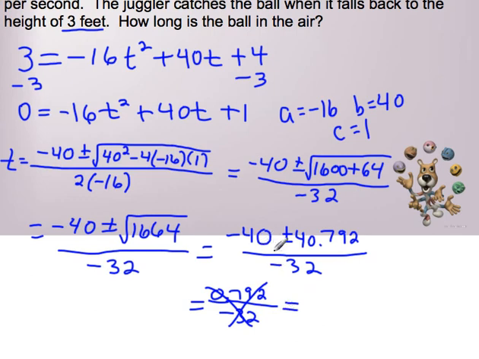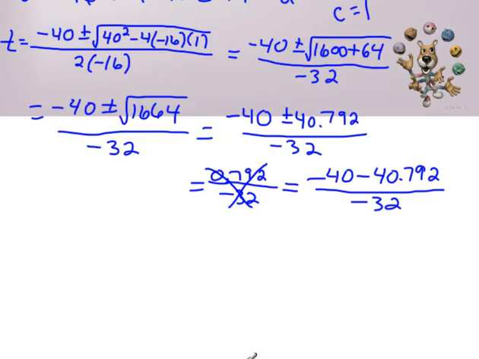Now, if I do the negative, it's going to be negative 40 minus 40.792 over negative 32. If I do that math, it's going to be negative 80.792 over negative 32. Now, that's going to be okay because I'm going to end up with a positive answer,